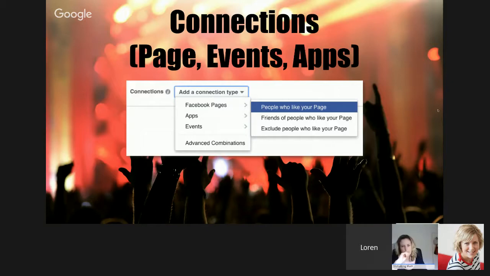I've said before when we're boosting posts that I wouldn't target friends of people who like your page, but I actually find targeting friends of people who like your page is a great additional filter to put on an audience. Let's say you've developed an audience based on their interests, and that interest is massive, and you go, that's just too many people to advertise to. Well, if you then put an added filter on it and say, okay, only advertise to people who have all these interests but also have a friend that likes this page, then that adds that social element of proof, because when they go to your Facebook page, they're going to see that their friend already likes that page and go, oh, well, if Ali likes that, then it must be good. I'm going to like it too.